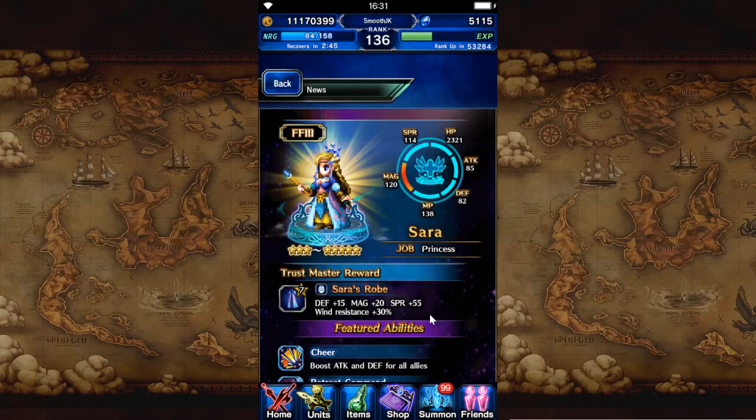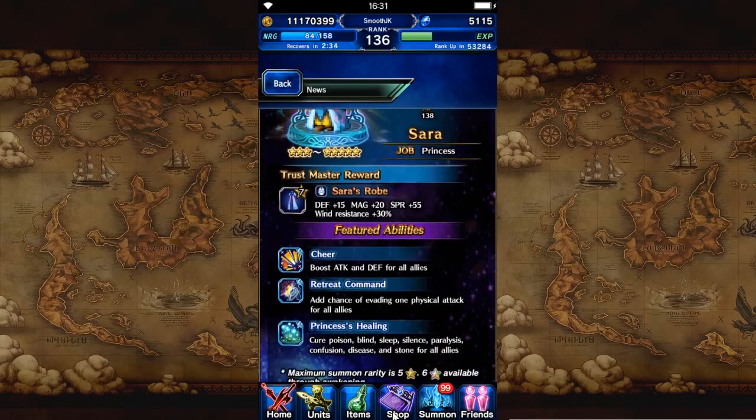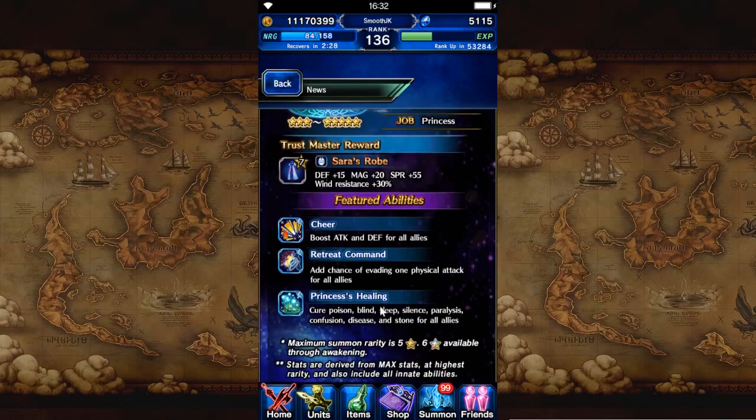Even the free Fina is a 6-star unit, has some great features. 5-star units just simply can't really survive in tough fights in the meta right now, so again, they're pretty much just for the TMRs. Cheer, just like Fina has. A couple of other options here. She has a nice Luca type of ability that